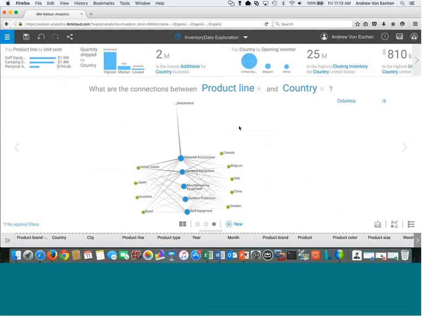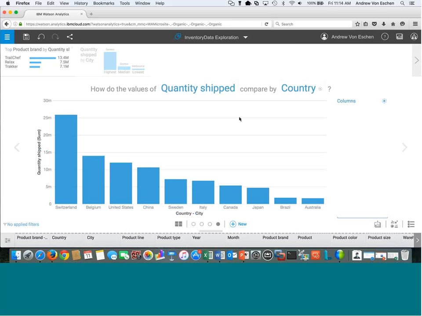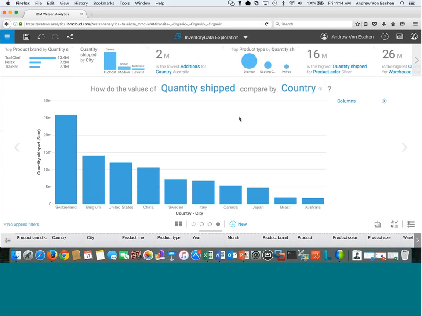Now, as I scroll here, there's a couple other items that are pretty interesting to me. Quantity shipped by country, up here at the very top. This is not something I started with, but it's something that Watson Analytics has identified as being of interest, right? As I've been clicking, these have been changing and dynamically choosing. So maybe I want to start an exploration based upon this and actually see what countries are shipping the most units. Once again, I'm starting to paint that picture of Switzerland, Belgium, and the U.S. as our key areas we might want to focus on.